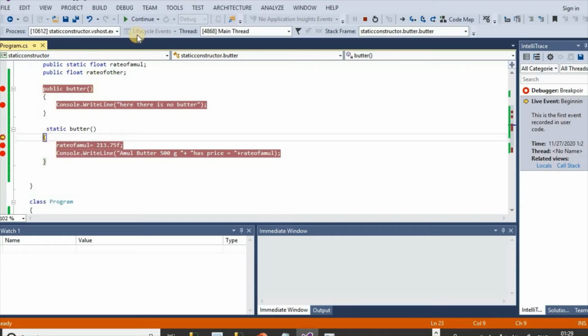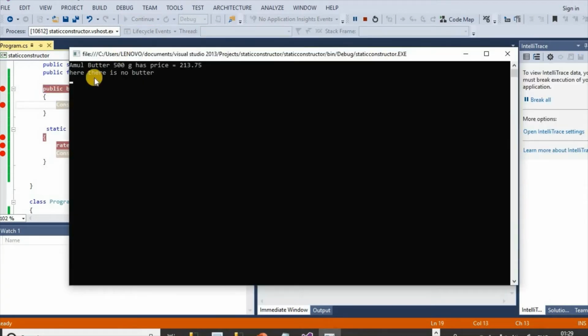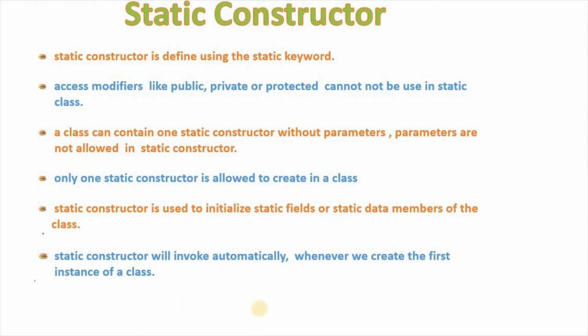Static constructor is invoked first, then this public constructor is invoked, and we get the output: Amul butter 500 gram has price is equal to 213.75. Here there is no butter. In this way, static constructor will invoke automatically whenever we create the first instance of a class.